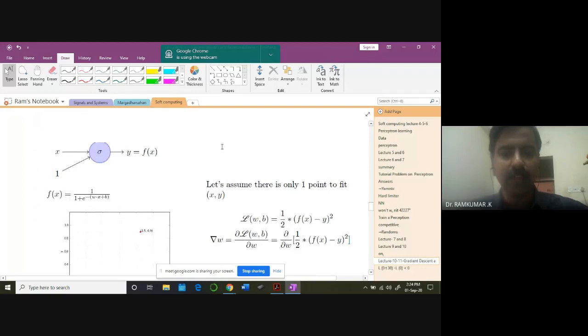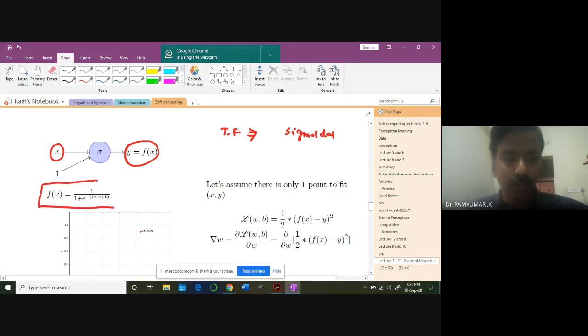This idea is very important. Look at this case. It's a toy example. Only one input, only one output. Naturally, what is the cost function and what is the transfer function we are going to fix here? The transfer function is going to be sigmoidal. So naturally, this will be the function I am talking about: 1 by 1 plus exponential of minus w dot x plus b for this one particular case.